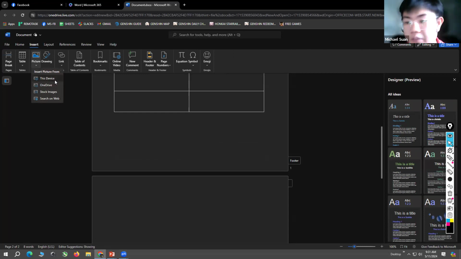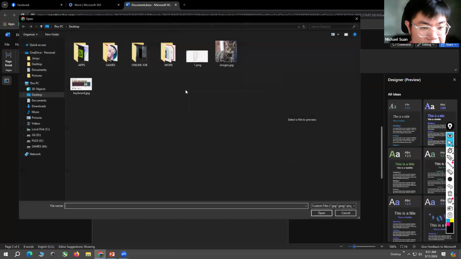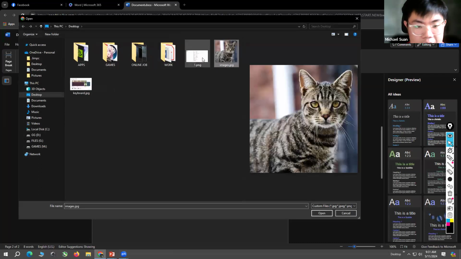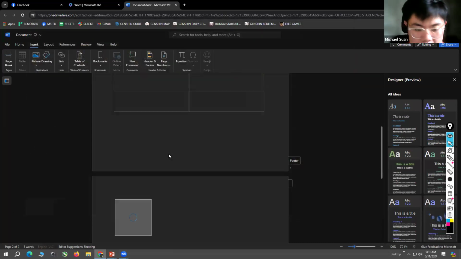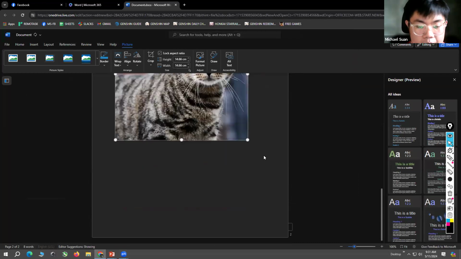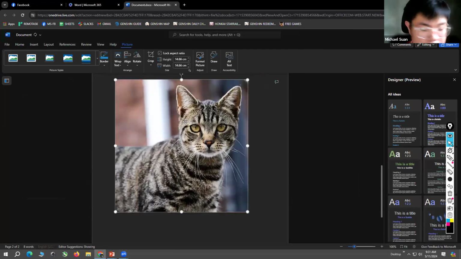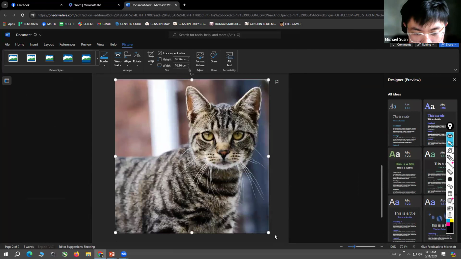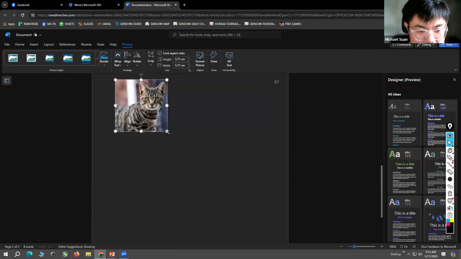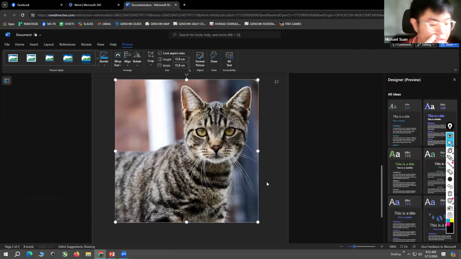So if you saved that picture in your device, you just click here, or if you have saved that on OneDrive, you click on OneDrive. So for now, let us click on this device. And then you just click the picture that you want and click open. And then here is now the picture. So you can resize to smaller or bigger.